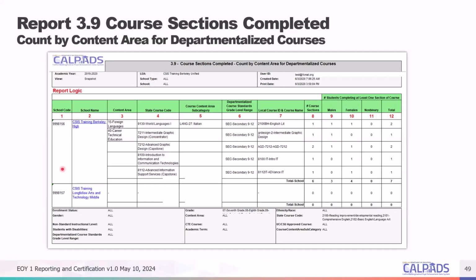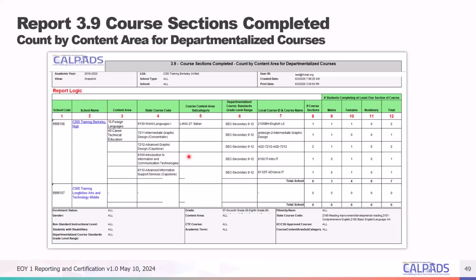A student with the same course section and term with multiple marking periods is only counted once as well. Okay, so if you have semester 1 and semester 2, if it's within the same local course ID, the student will be only counted once.